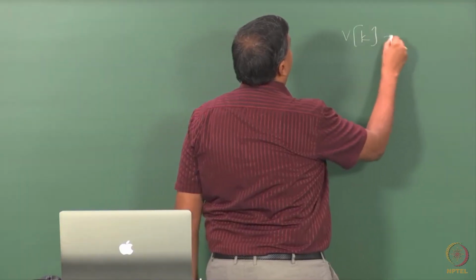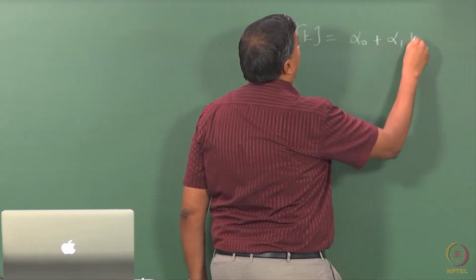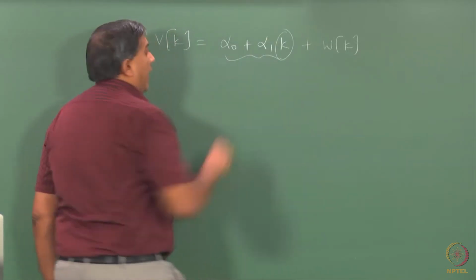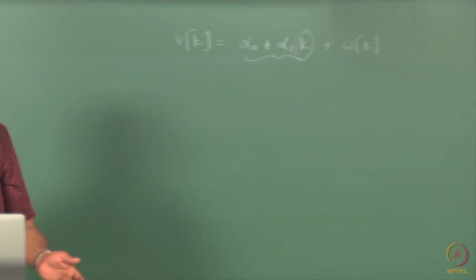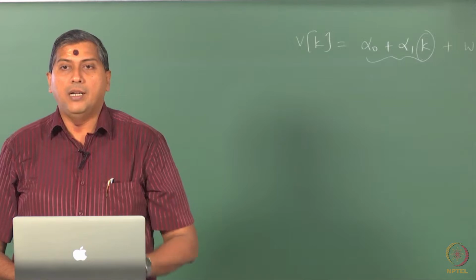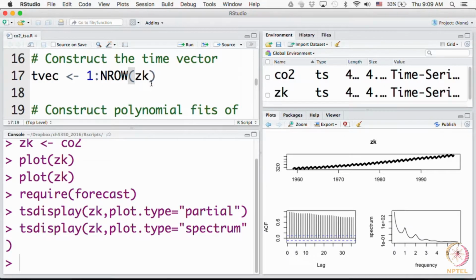In the linear trend case, we postulate this model for the trend plus of course a stationary process. So, I need this k vector so as to carry out linear regression, and that is what we are doing here. The t vec or the k vec, whatever you want to call it, NROW is a built in command in R which will give you the length of zk. Do not use the lowercase, the lowercase assumes certain types of objects, but this uppercase NROW works for most objects. So, NROW of zk would be the length of the series, we want from 1 to NROW. You can start from 0 to n minus 1 as well, it does not matter, then the intercept term would change, that is all.